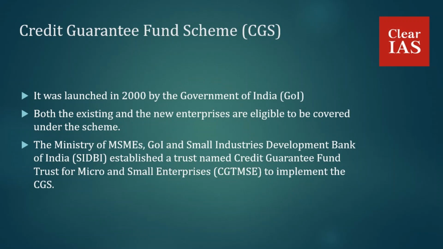Discussions on increasing the reach of CGTMSE are an ongoing agenda of the government, and the government has set a target of increasing credit guarantee to 50,000 crore rupees under this scheme, which is a jump of about 67% over the last year. So many more initiatives are taking place to develop the micro, small and medium enterprises in our country. So this is very important in that aspect.